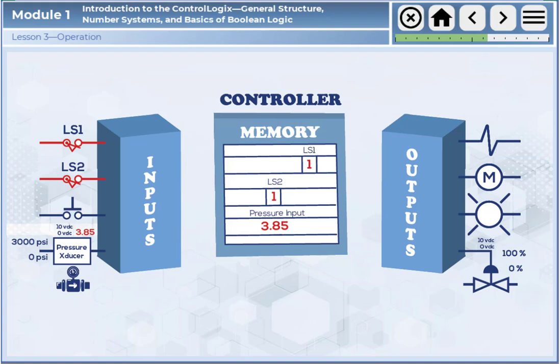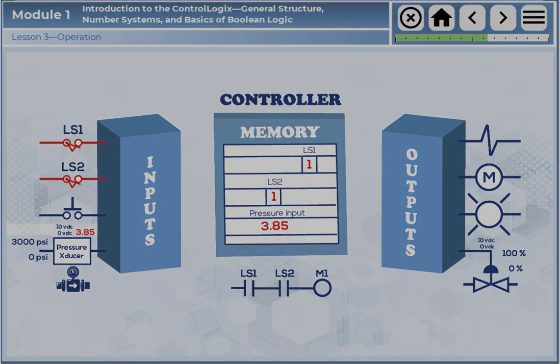Once all the inputs have been read and their information stored, the controller will start its control program execution, which is the running of the control program in a PLC language like ladder diagrams, which we will cover in detail later. However, for the purposes of understanding PLC operation, let's review a simple ladder control diagram. Let's say that there is a ladder logic in the controller that specifies that if the limit switch LS1 is on, and if LS2 is also on,